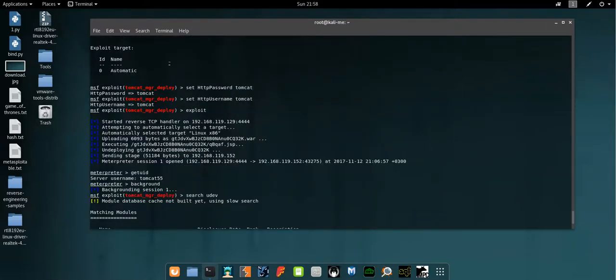Then, given that the Tomcat manager is using some kind of default credentials, which are tomcat and tomcat, we use exploit here, and one Metasploit session opened. I tried to get the UID of the server, which is tomcat55, so it's like a restricted or unprivileged user. So I tried to use an exploit to